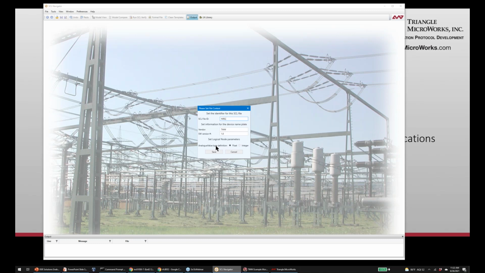We still have smaller devices in the field. It's possible to run 61850 on a processor that's not capable of floating point math, so in that case, we can use integer representations. And also sampled values typically uses integer representations for efficiency. But we can select these at any analog value in the model, and this lets us set the default for most cases in the model.